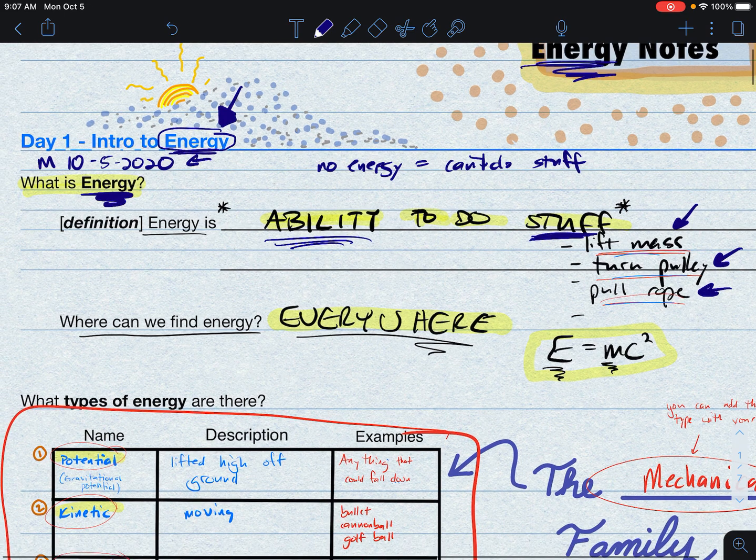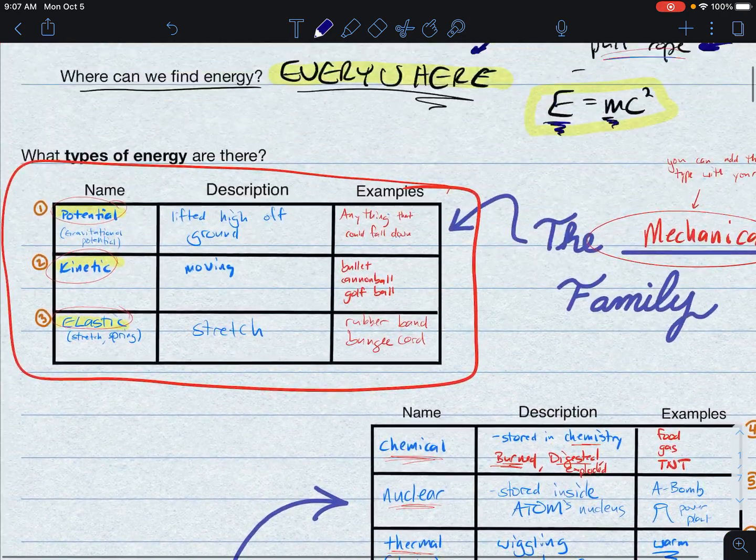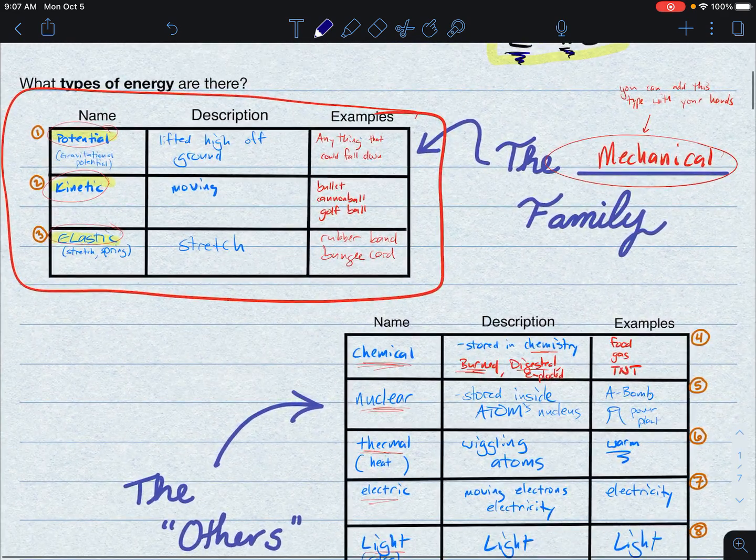Now, the idea here is that everything in the universe is going to have different forms of energy. It's everywhere. Einstein wrote this really famous formula about energy. It's called E equals mc squared. You all have seen that before. But it exists everywhere, from the tiniest little atoms all the way up to your muscles, to storm clouds, to trees. Everything in the universe has energy in it, and it's going to be in one of 9 different forms. So you've probably seen this in junior high. I'm imagining some of you could have listed off potential or kinetic, and maybe you've heard this word mechanical energy before. But really, all the different types of energy that we're going to look at are going to fall into one of 2 groups.